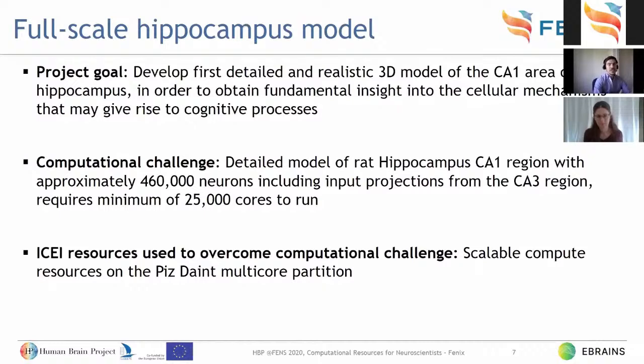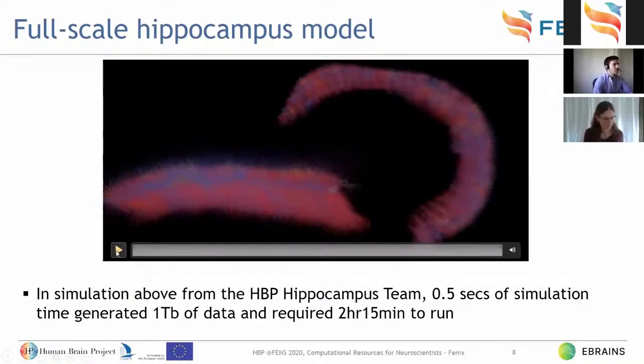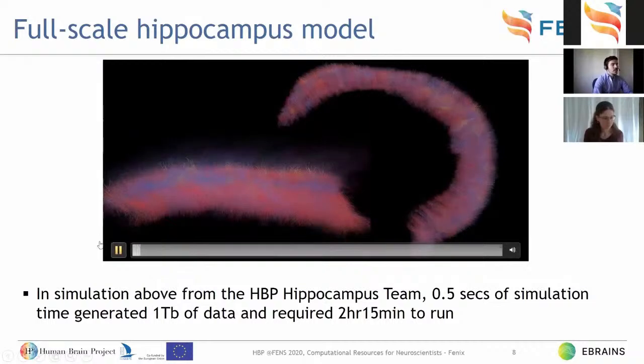So you can see that this presents a real computational challenge. Fortunately, with the IT resources, we're able to overcome this, and in fact, the scalable compute resources on the Pitstein multi-core partition on the supercomputer were used in order to run this model, which we'll see if we go to the next slide. So if we play the video, we can see on the video here that on the